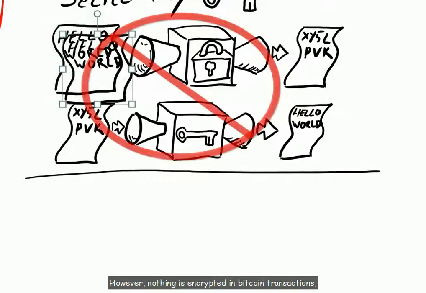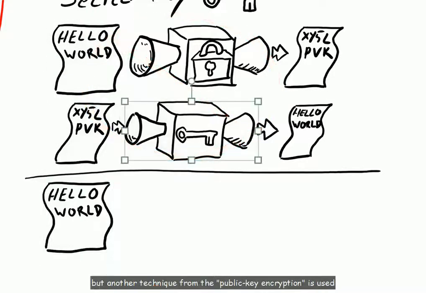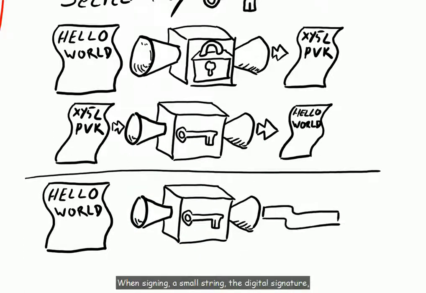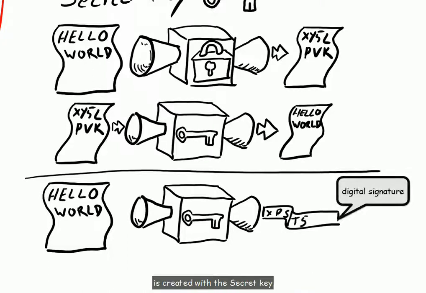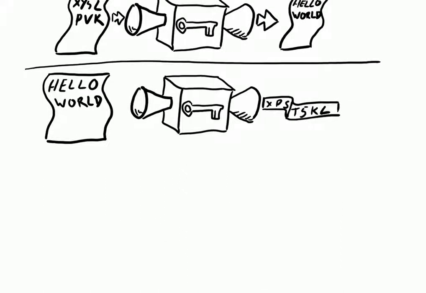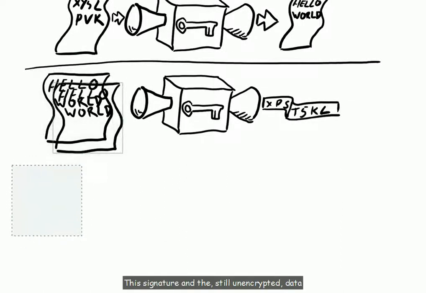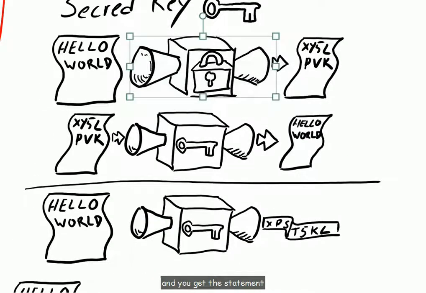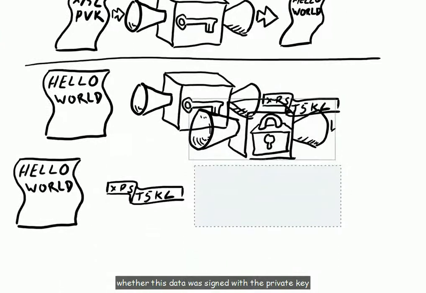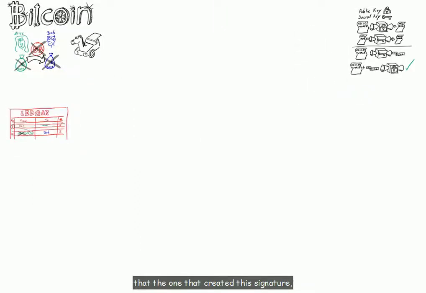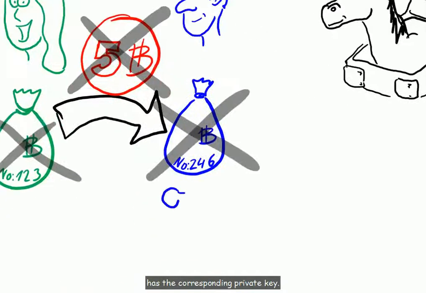However, nothing is encrypted in Bitcoin transactions, but another technique from public key encryption is used, called signing. When signing, a small string, the digital signature, is created with the secret key and the data to be signed. This signature and the, still unencrypted, data can now be checked with the help of the public key, and you get the statement whether this data was signed with the private key corresponding to the public key. So nothing is encrypted, but you get the assurance that the one that created this signature has the corresponding private